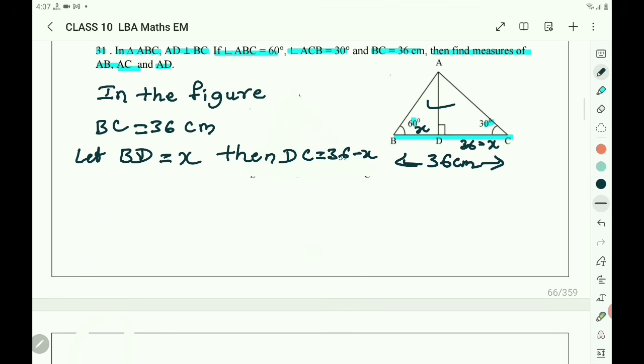Now take the right angle triangle ABD. In the right angle triangle ABD,